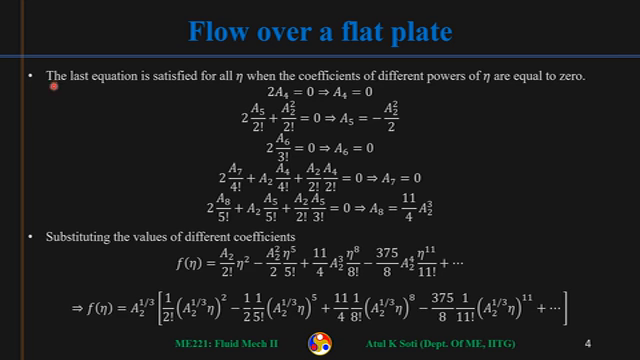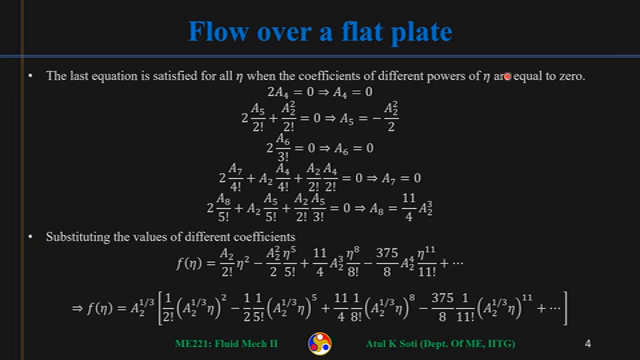So in the last equation we had a polynomial of eta, different powers of eta. A polynomial of eta should be equal to 0 for all eta. So that is only possible when the polynomial itself is just 0. A polynomial function of x cannot be 0 at all x. It can be 0 at all x only when all the coefficients of different powers of x are 0. So similarly, that last equation will be satisfied only when all the coefficients of different powers of eta are 0